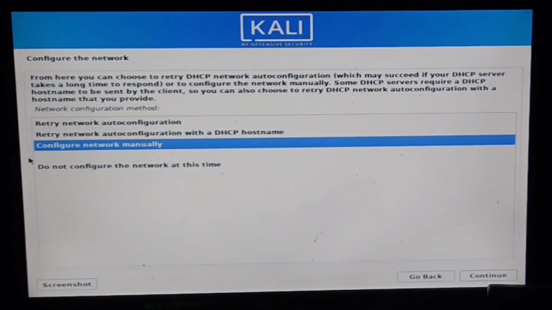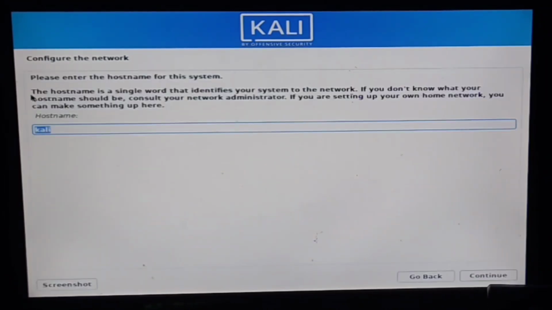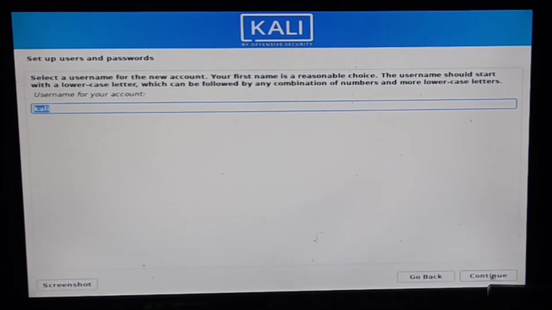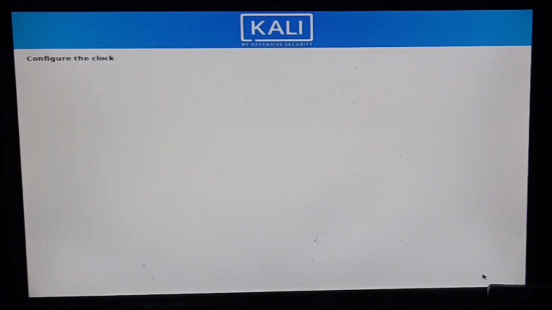Press continue. Do not configure the network at this time and press continue. Hostname, I take the default. Keep the name of the PC, I take Kali. Username, and give a password. Re-enter the password and press continue.